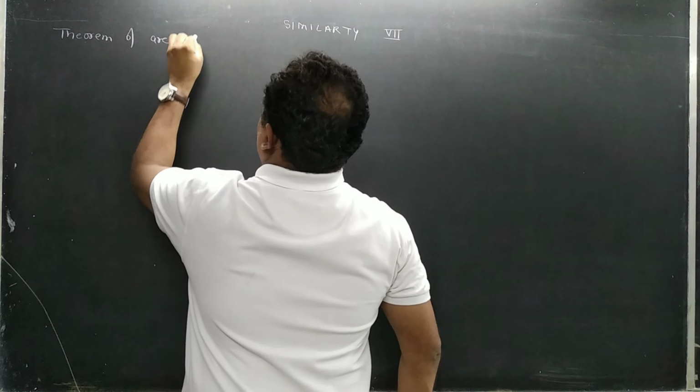So we are going to do it in detail. अभी स्टेटमेंट भी तुम्हें याद करना है इसका. रीजन तो वही लिखेंगे, theorem of areas of two similar triangles, when you are going to apply this theorem. For this theorem, the statement is: when two triangles are similar to each other,